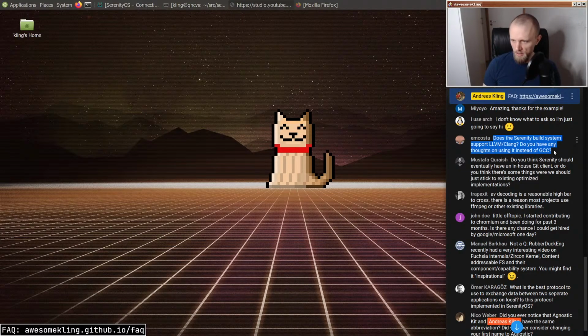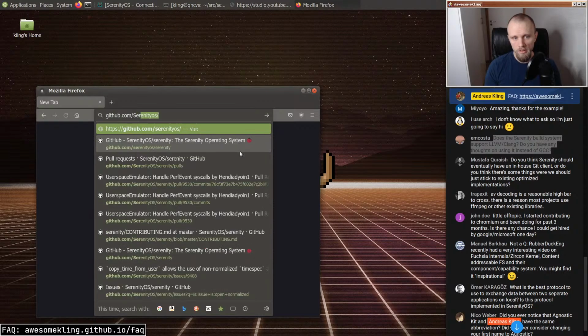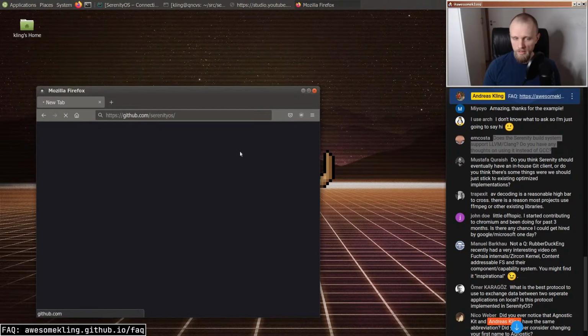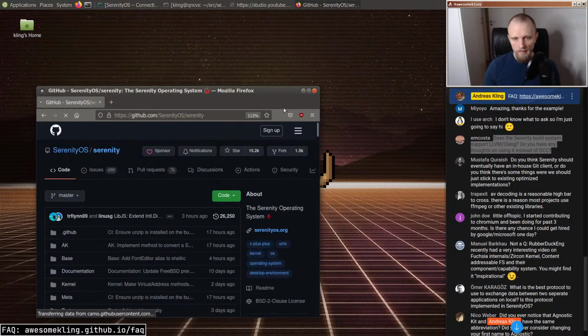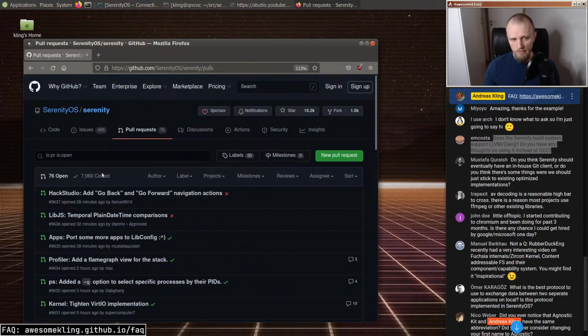So M Costa says, does the Serenity build system support LLVM/Clang? Do you have any thoughts on using it instead of GCC? So we do have Clang support, and as of recently, we are also building with Clang on our continuous integration system. Thanks to the hard work of Daniel Bertalan and a bunch of other people like Tim and Linus, we now have a Clang build, and if we look at CI,